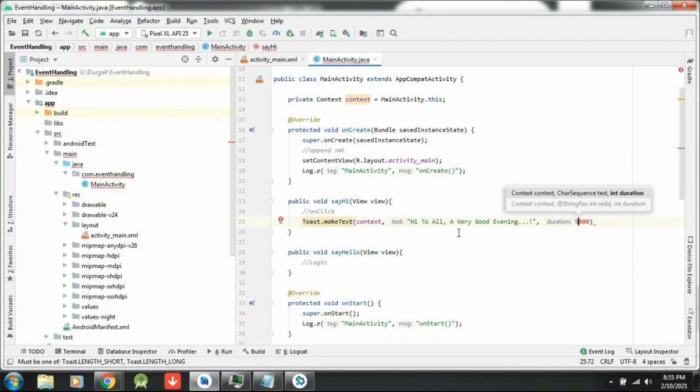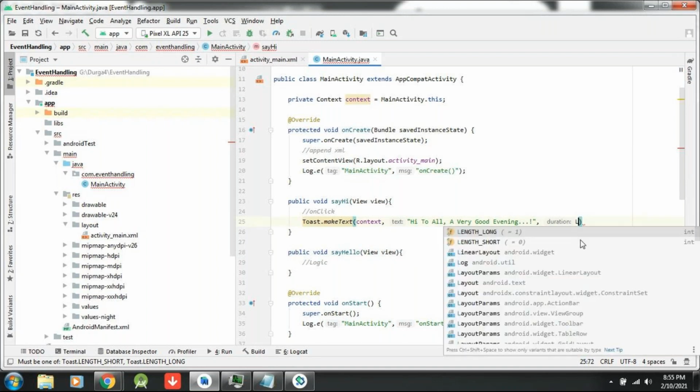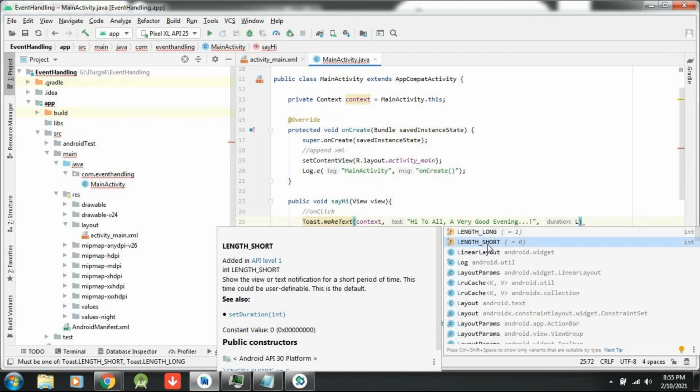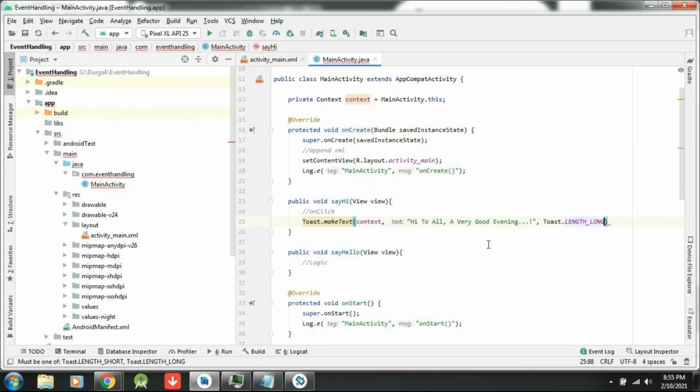But when I write 5000, see here I am getting some problem: must be one of LENGTH_SHORT or LENGTH_LONG. So don't use 1000, 2000, 5000. Instead of using that, Toast is already providing two things for us. Length long: some extra time it will display, a long period of time. Length short: a short period of time it will display. You can choose length long, some extra time.